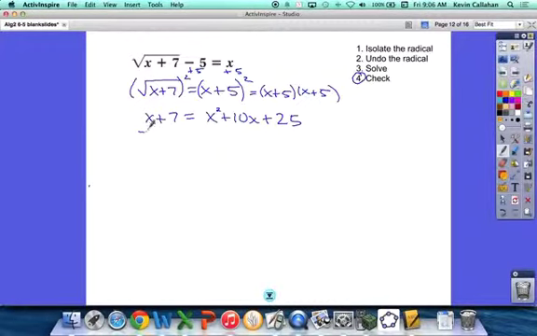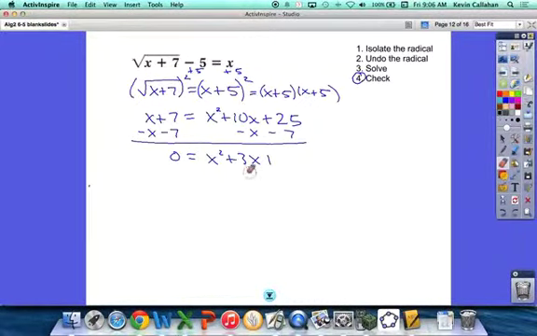Minus x minus 7, minus x minus 7. So 0 equals x squared plus 3x plus... Now that's not right, sorry. That's not going to work out. Plus 9x plus 18. Okay, so if we were going to factor it, that would be the simple quadratic because it has a